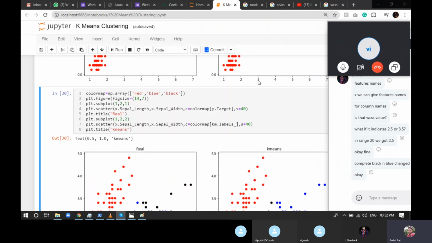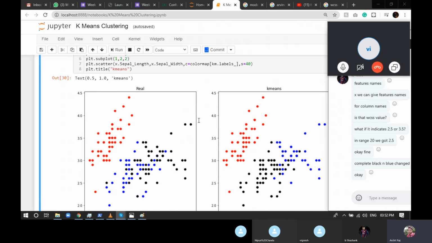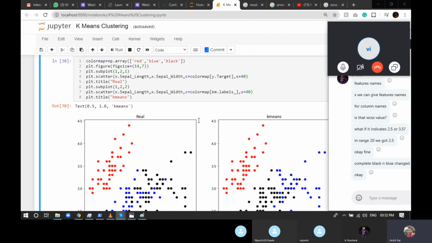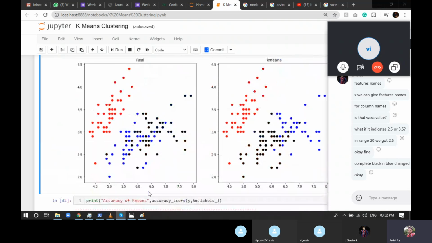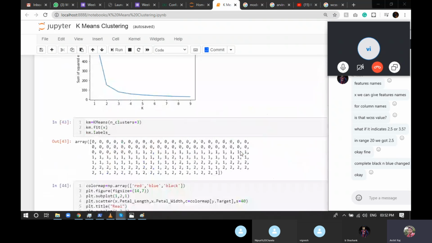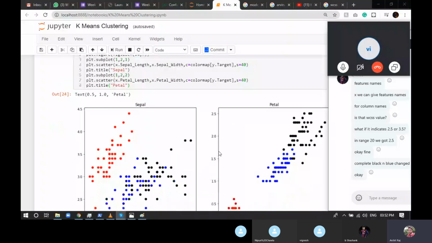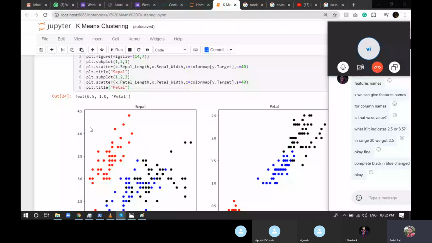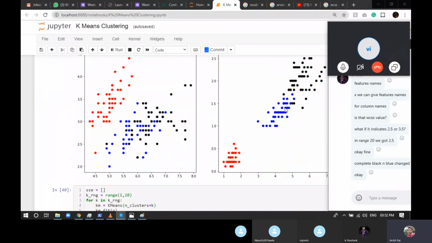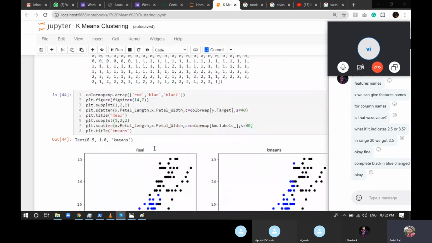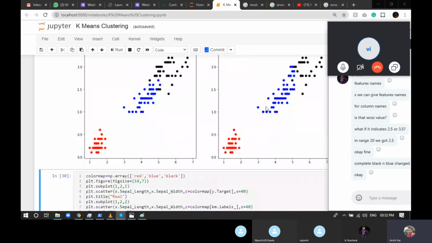This is k-means. Now, what if we try to put the real one and the k-means for sepal length and sepal width? As I've shown you, this is the distribution for sepal length and sepal width, and this is the distribution for petal length and petal width. Applying k-means on petal data is really easy; the answer you got is like 99% accurate.